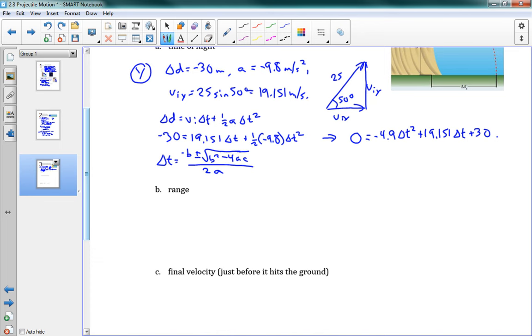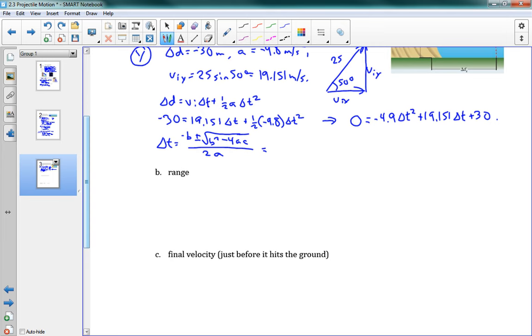Okay, so you're going to use this, you fill in all your values, and that will lead you to an answer. I'm going to leave you to do that, but you can see how that adds an extra level of difficulty to this problem. Okay, and we will look at that together in class as well. So I will wish you luck on that one, and I'll see you in the next